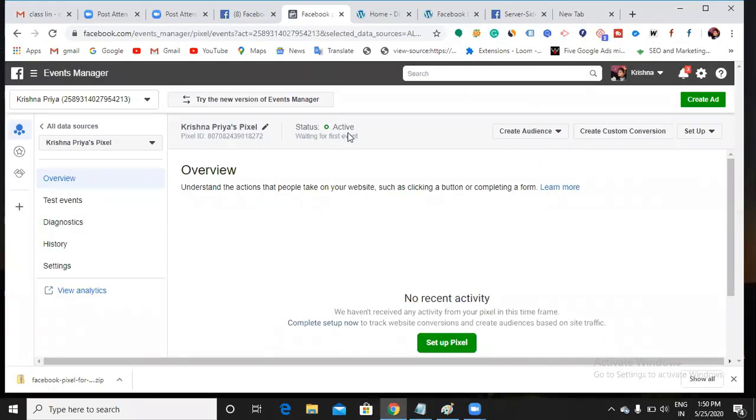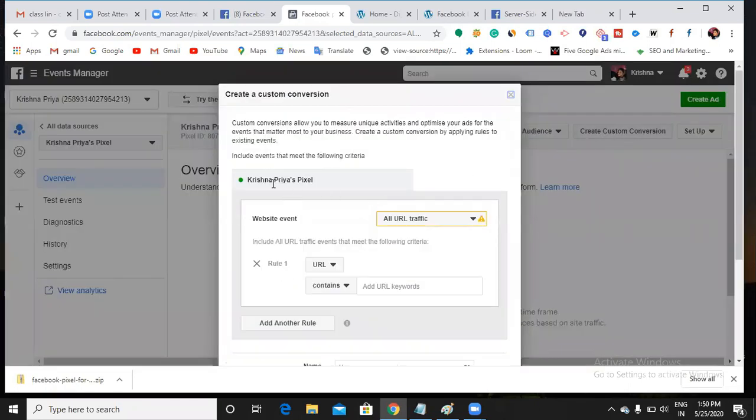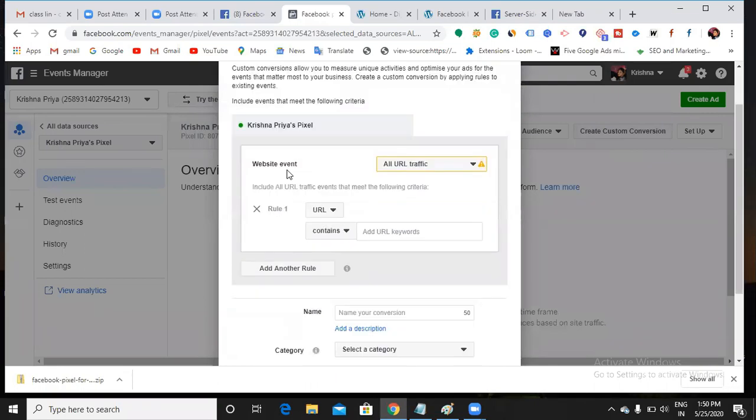So here the status is active now, fine. Here can you see create custom conversions. Just click create custom conversions, and here Krishna Priya's pixel, so it is automatically taking the pixel. Okay, and website event, so what is your website?